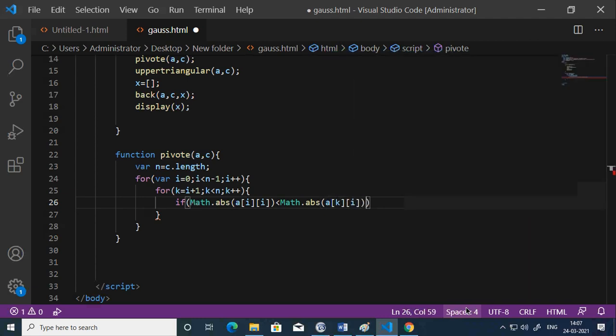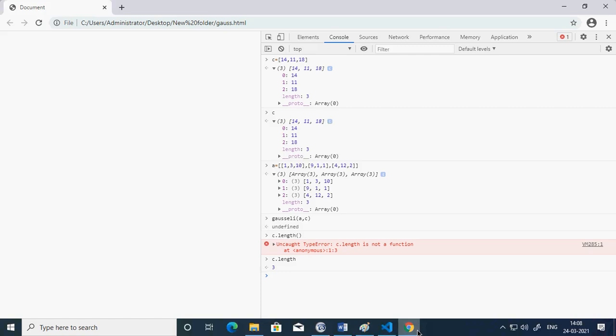If this condition is true, then what do I have to do? I have to swap the second row with the first row. That is the operation I have to do. Next task is changing the values of rows.